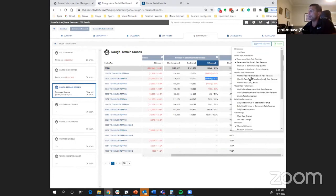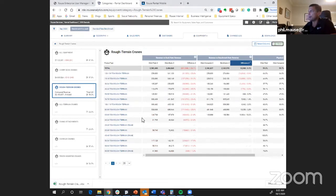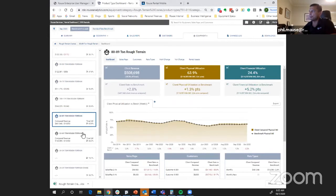And I can pull in additional data points here if I'm more of a power user, or if I want to drop this into Excel and manipulate the data myself. I'm just going to drill into one of these products. We'll go with the 80-ton rough terrain crane. So if I click on the product, now the products will become the cards here on the left-hand side of the screen. And I've got that same scorecard view